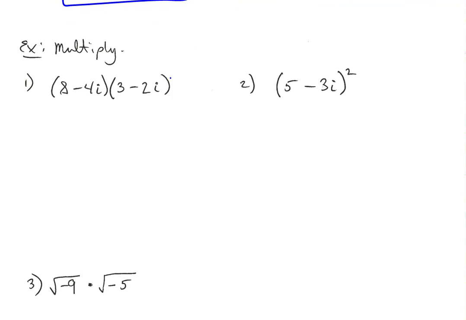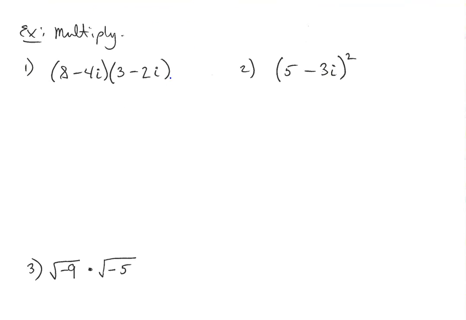Turns out we can also multiply numbers in complex form, and it looks a lot like some basic algebra. So when I have 8 minus 4i in parentheses times 3 minus 2i in parentheses, that's like foiling expressions for polynomials that we've been doing for a long time, except now we have this i variable, and it means something very specific as defined above, but we do the problem basically the same way. We're just going to FOIL